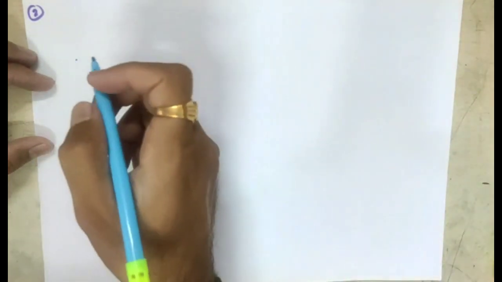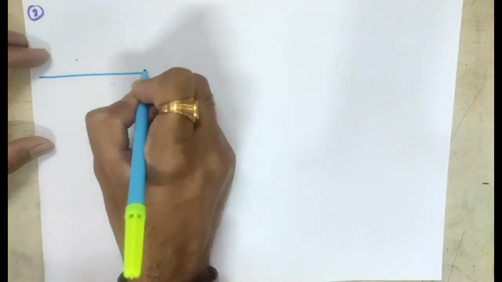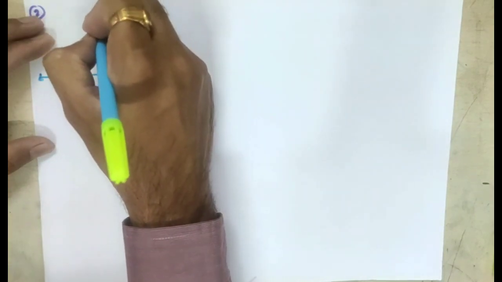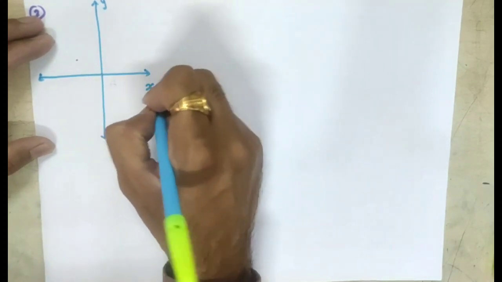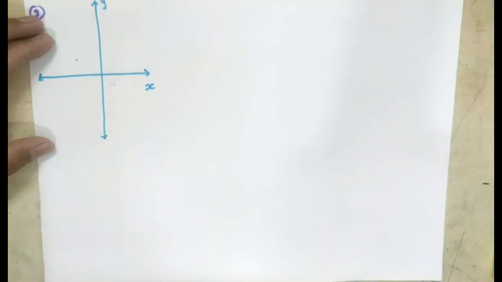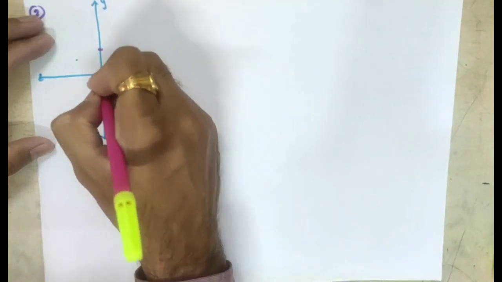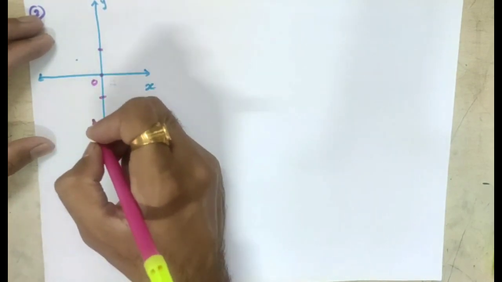Done. So let's try to draw the diagram. Two-dimensional coordinate geometry. So we are having the x-axis and y-axis. This is our y-axis. This is our x-axis. Equilateral triangle, all sides are equal and the base lies along the y-axis such that its midpoint lies at the origin. So this one is the midpoint of the side.